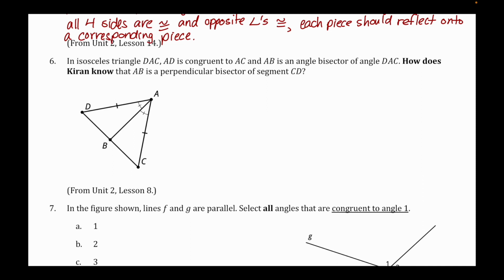So, how does Kieran know that this is a perpendicular bisector, meaning that these parts are going to be congruent? This is actually part of the perpendicular bisector theorem, that any point, we're going to say A, in this case, I'll highlight it instead of circling it. If we have a point that is an equal distance away from the endpoints of a segment, then that point must lie on the perpendicular bisector